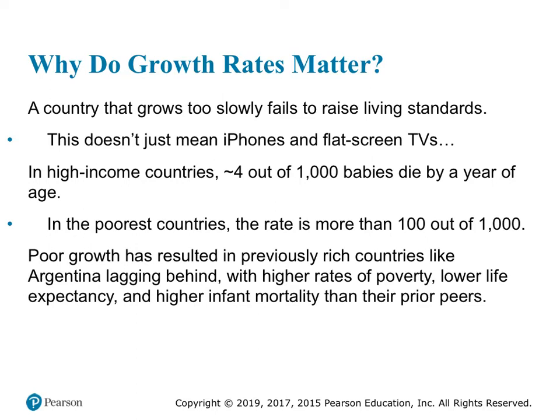We discussed this a bit in the last chapter, but it's correlated with different health and education outcomes. For example, in high income countries, 4 out of 1,000 babies die by a year of age. But in the poorest country, it's more than 100 out of 1,000 babies die because of lack of just medical care these countries have. And what we see is higher rates of poverty, low life expectancy, high